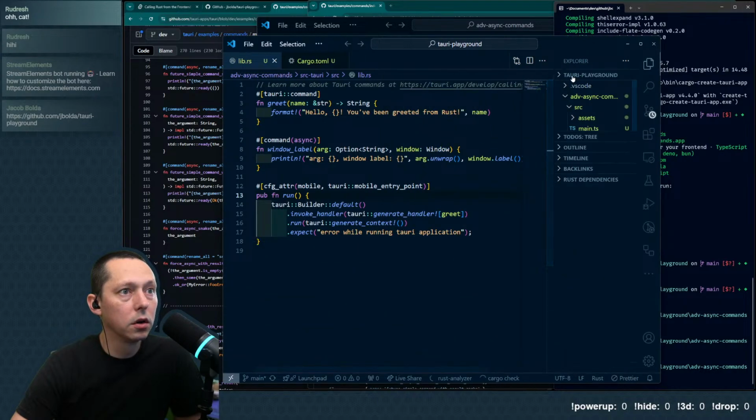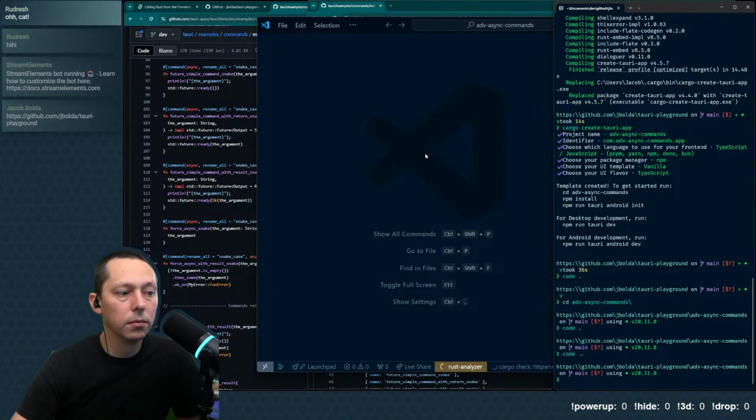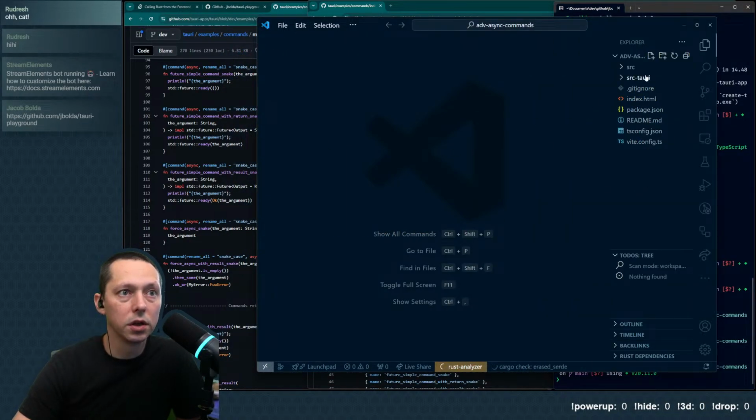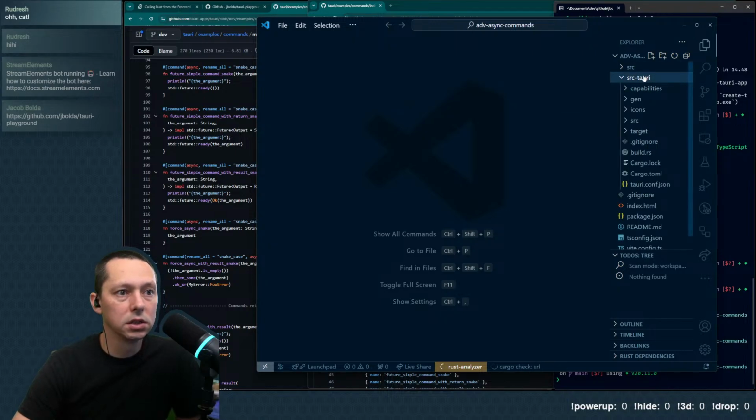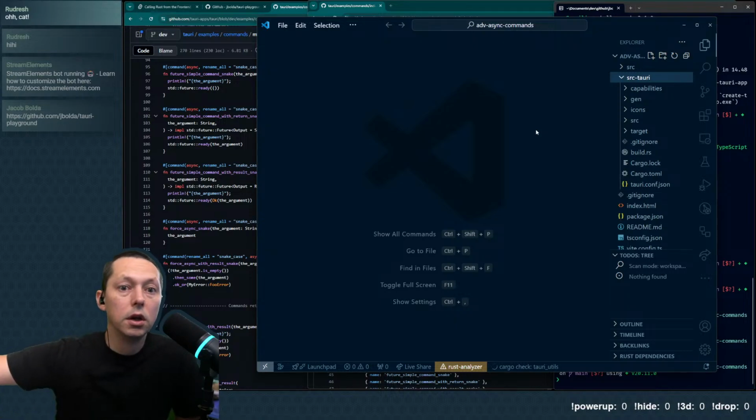If we look at, in this case, our Tauri Playground, we don't have anything in the folder that indicates that this is a Rust project. I think with that extra level of nesting, Rust Analyzer doesn't walk the tree.